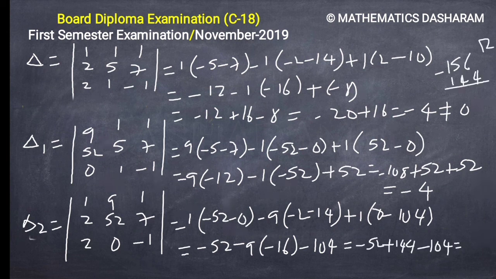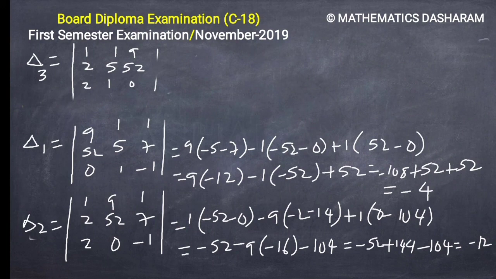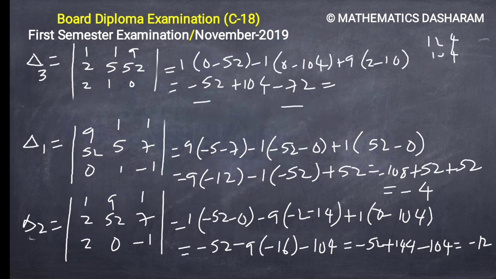So it is equal to minus 12. Next, delta 3. In the delta matrix, replace the third column with constant numbers. Now find its determinant by expanding the first row elements. So it is equal to minus 52 minus 72 minus 124, so plus 104, it is equal to minus 20. So by Cramer's rule,